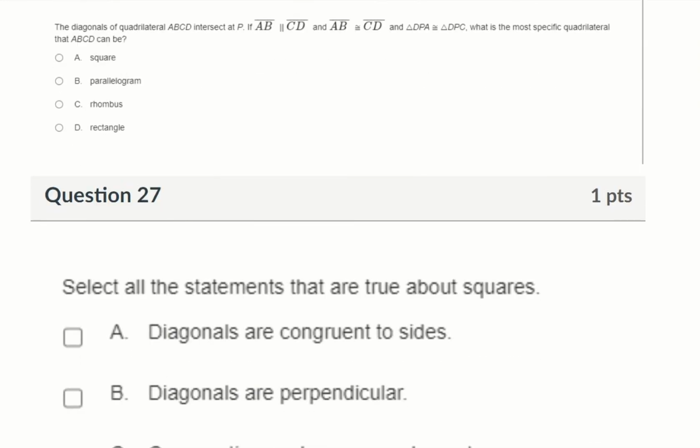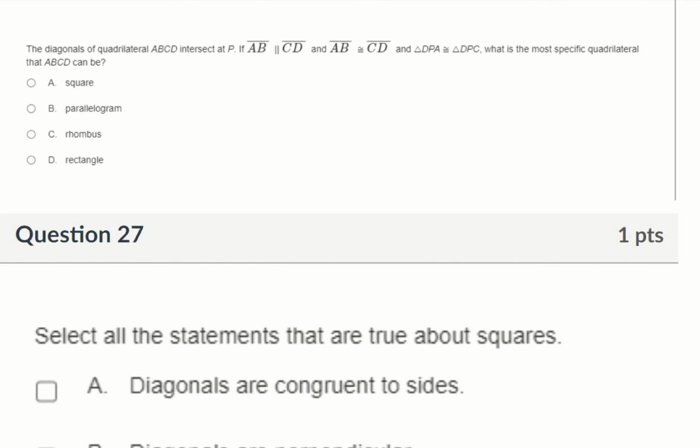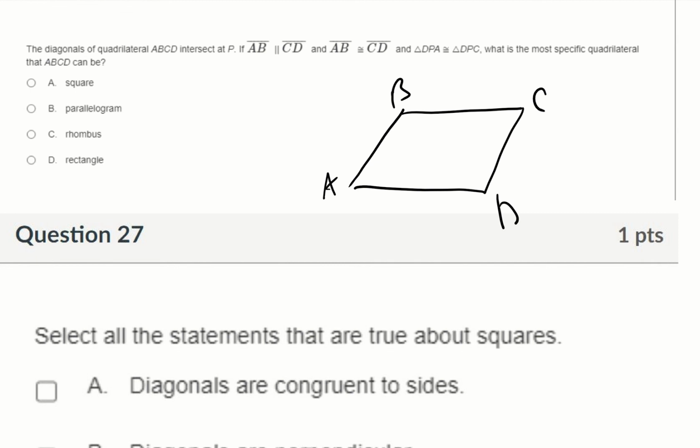All right, the diagonals of quadrilateral ABCD intersect at P. If AB is parallel to CD and AB is congruent to CD, and triangle DPA is congruent to triangle DPC, what is the most specific quadrilateral that ABCD can be? Okay, so we have some kind of generic quadrilateral ABCD, and we've got diagonals here, here, and here. They cross at P. Now it says AB is parallel to CD,